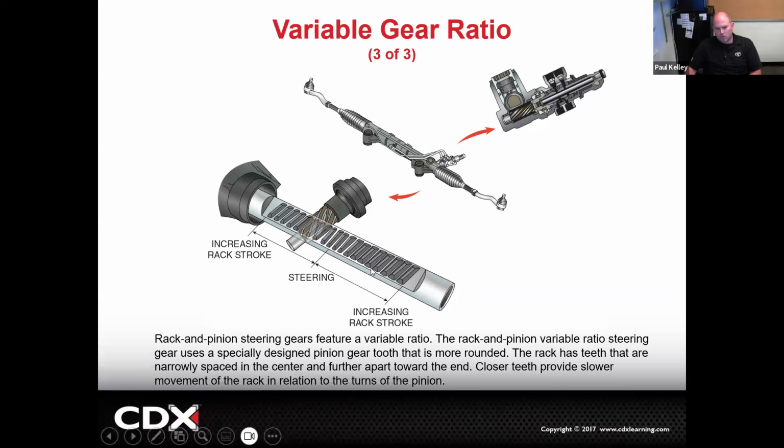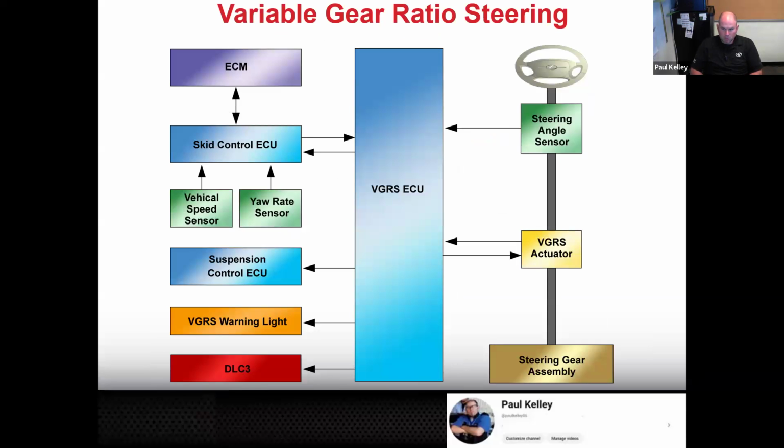So this is going to have a fine tune, and this is going to increase that stroke where you get more movement for the smaller steering wheel movement. And then what's really crazy, this was Lexus specifically. Lexus actually had a variable steering gear ratio that was adjustable depending on a few things. So this variable gear ratio steering actuator could give us fine steering or go-kart steering, but it would depend on the ECM, the skid control ECU,